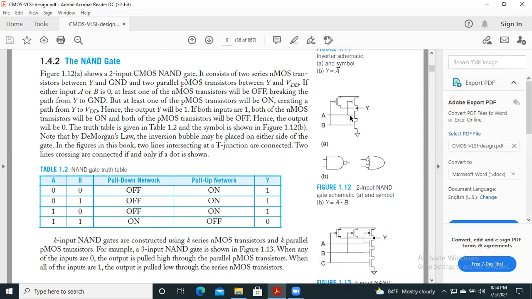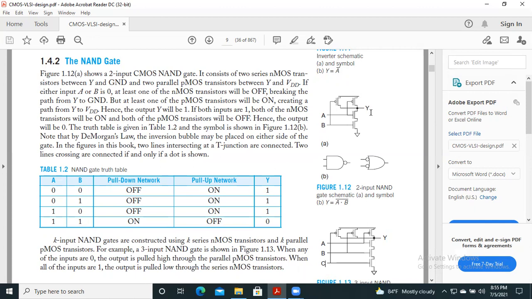If either input A or B is low, at least one of the NMOS will be off, breaking the path from ground to output point Y. That is, Y to ground will be an open circuit, but at least one of the PMOS transistors will be on, creating a path from Y to VDD. That is, Y to VDD will be a short circuit.